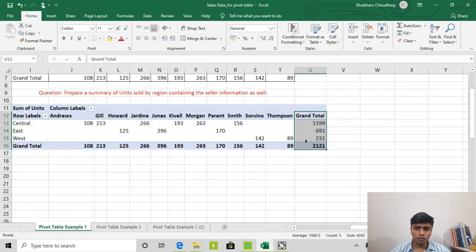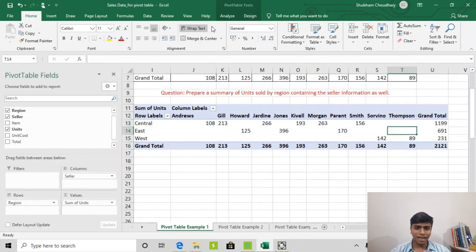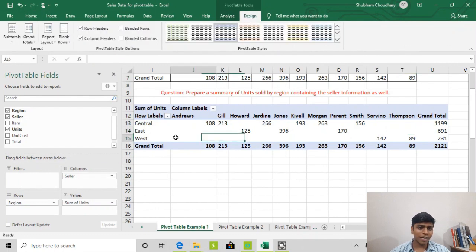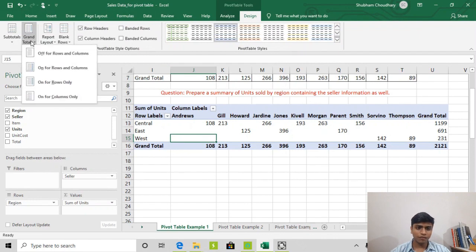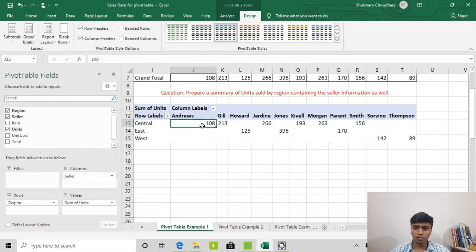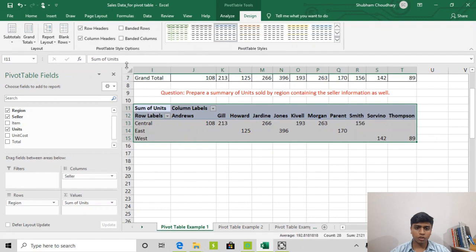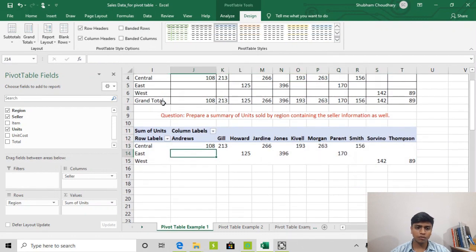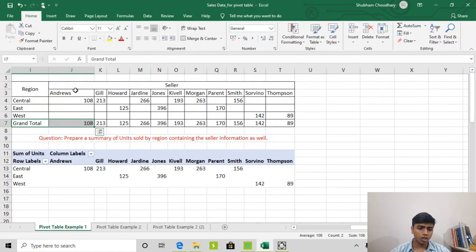To remove it, we go to the Design tab. There we have this Grand Totals option. When we click it, we have four options. We can just turn off for both rows and columns. If I press this, the grand total in the row and the column both disappear like this. You can see it is very compact now. But as per our question, we want it for the columns.